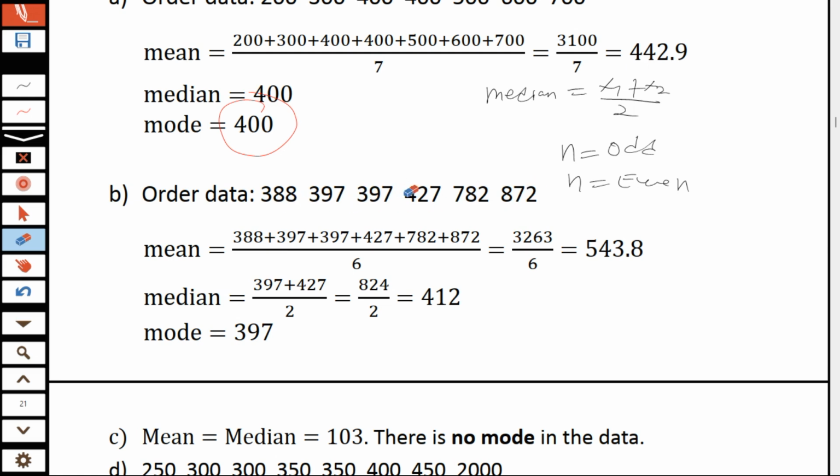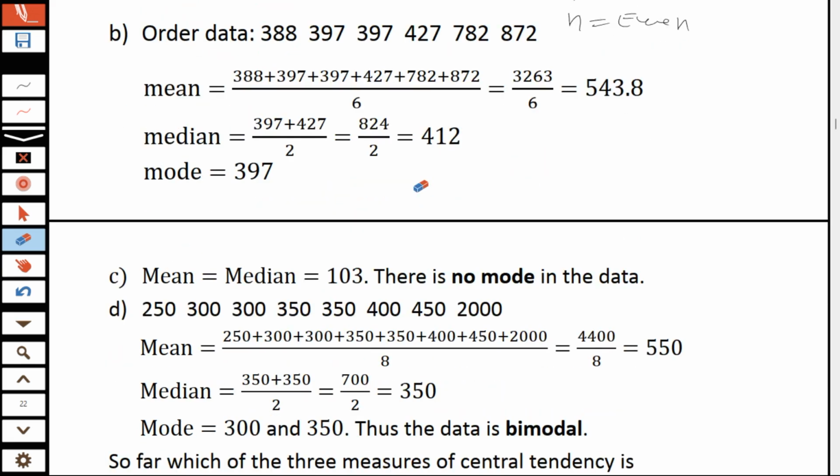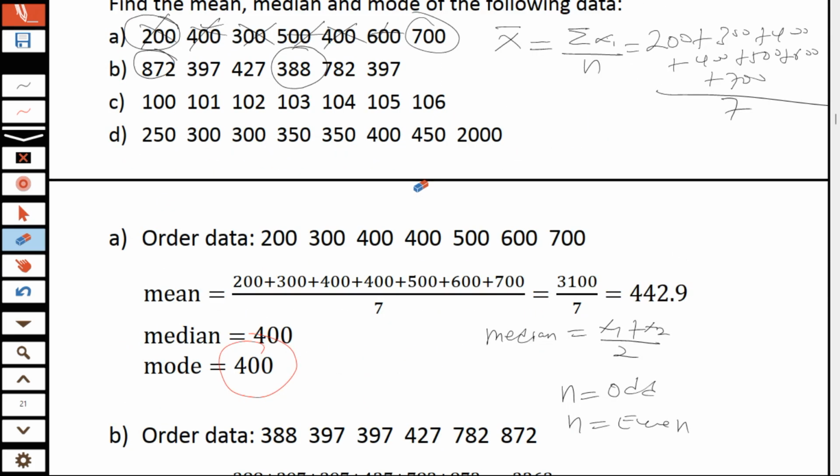So when you look through this one, 388 is repeating itself 1 time. 397 is 2 times. 427, 1. 782, 1. 872 is 1. So here our mode will be 397, because 397 is repeating itself twice, right? Yes. And then when you go to